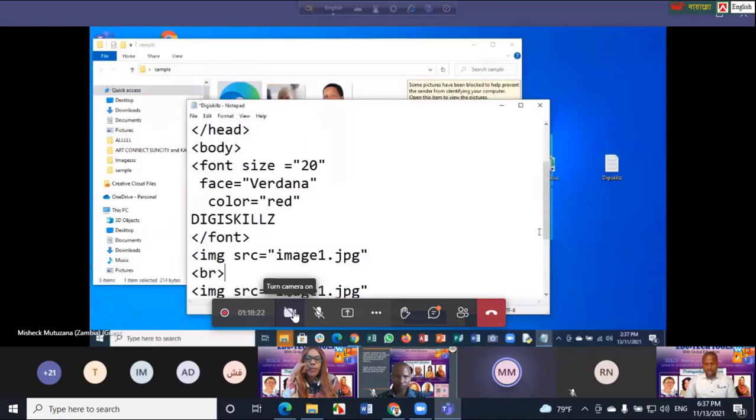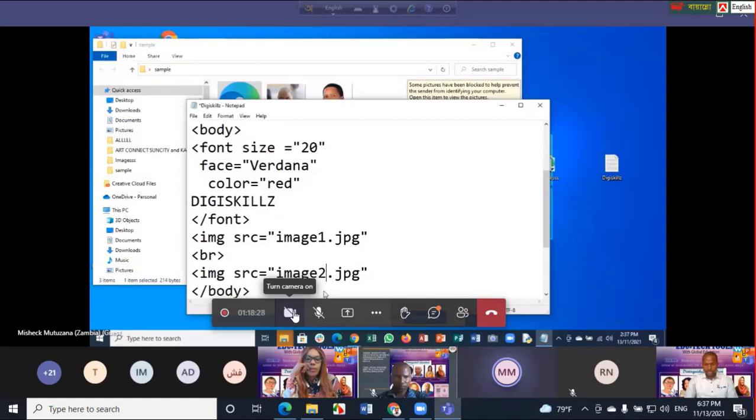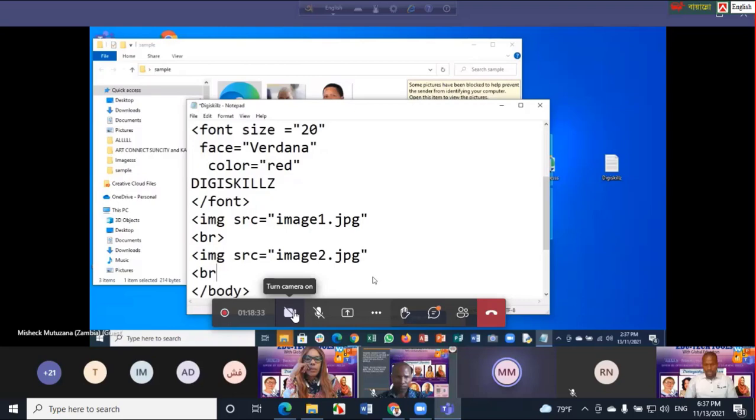So I'll do the same. I'll say image 2. Then again, I'll put a break there. Then I'll save. Then I'll refresh my browser. As you can see, I've got 2 images now.